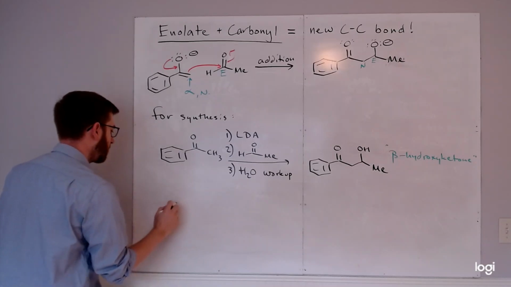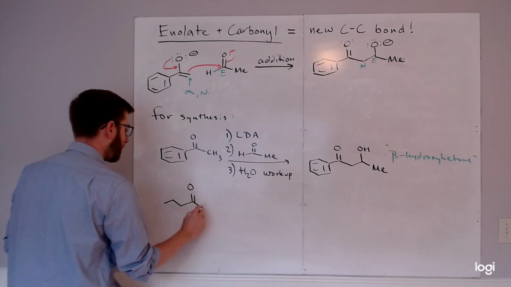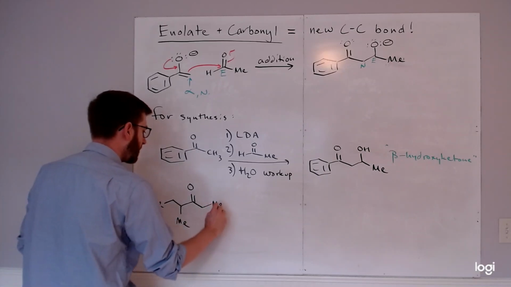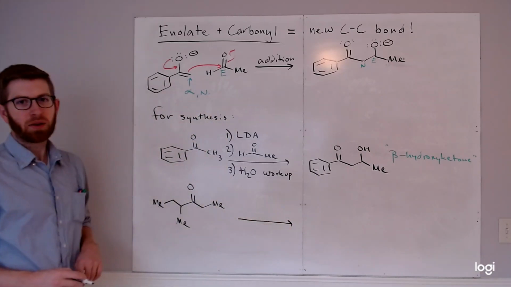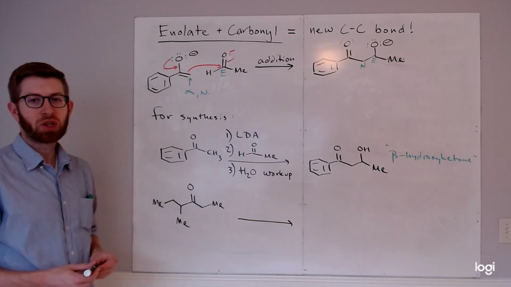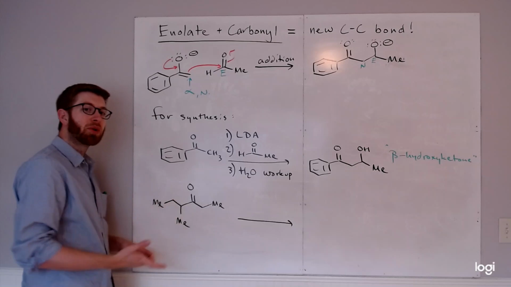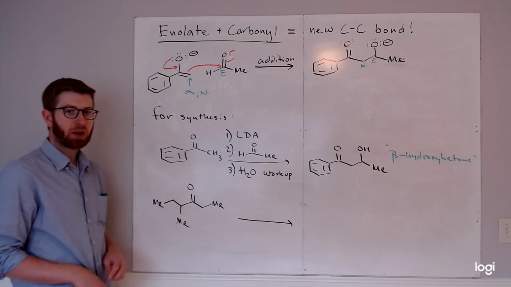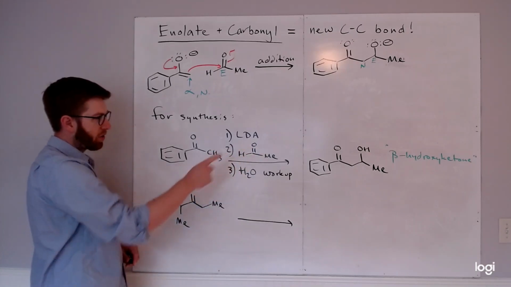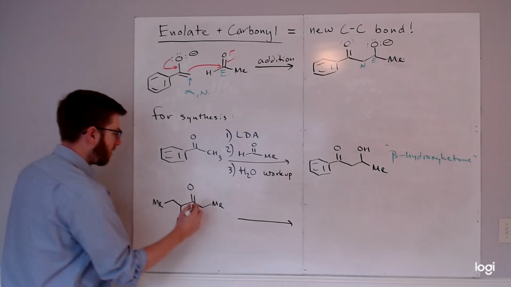So we could also look at cases where we have two different enolates that can form. And like we discussed in the second video in this SLO series, depending on what we wanted to do, we would use bases to make decisions about which enolate can form. So here I've got an alpha carbon at this position, an alpha carbon here. Both of those could be deprotonated, so I have the issue of regiochemistry. If I wanted to do a reaction where I actually placed one of these hydroxy groups beta to the carbonyl on this side, so basically if I wanted to make this carbon nucleophilic,